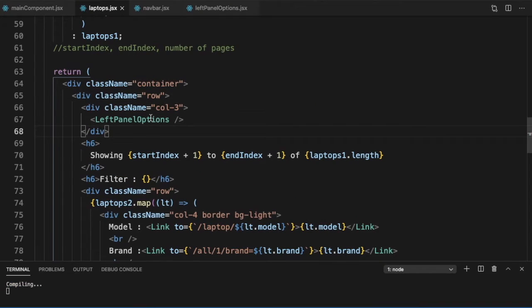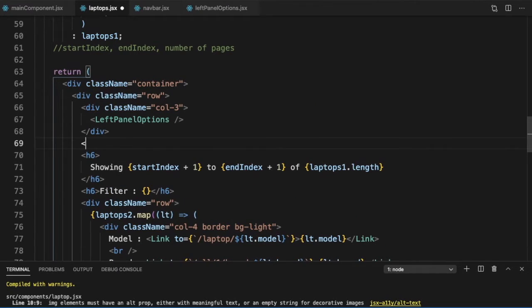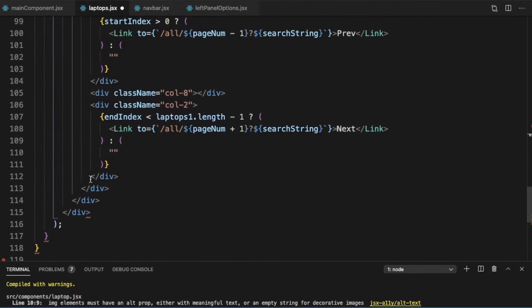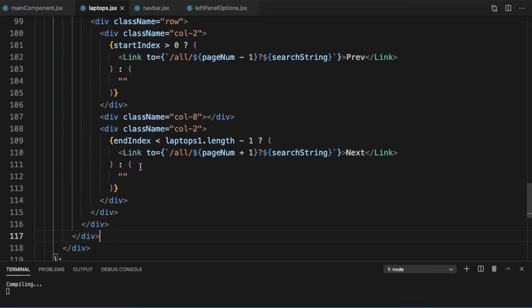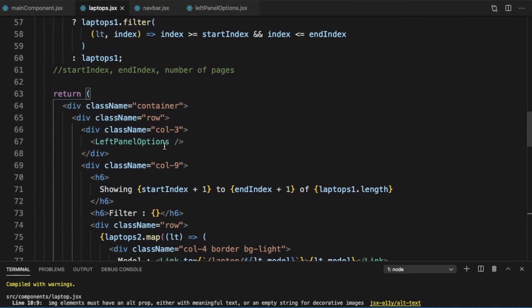We'll pass the props after we do it. So div className is equal to column 9, so here will be our left options.